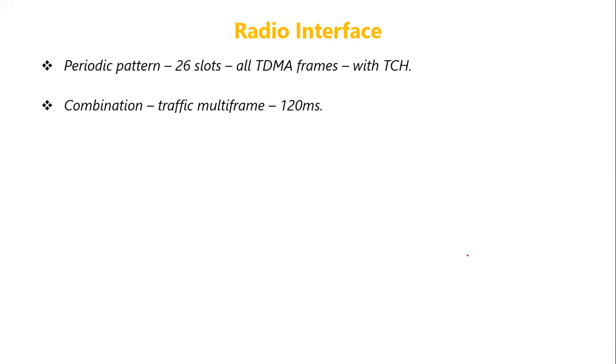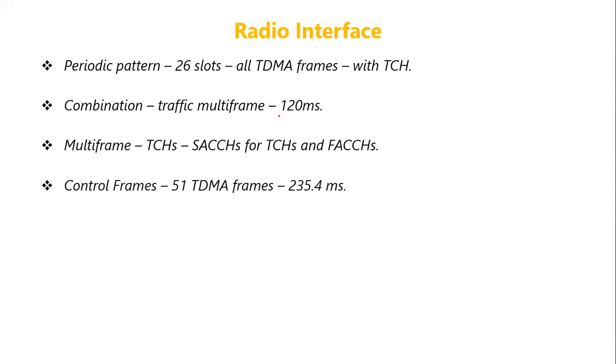Okay, 26 frames form a multi-frame, and this multi-frame duration is 120 milliseconds, where each frame duration is 4.615 milliseconds. So if you multiply 4.615 by 26, okay, see here what we discussed, each frame is 4.615 milliseconds, where each